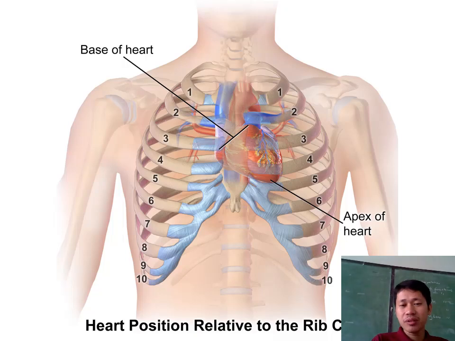This diagram shows the location of the heart. The base of the heart is there, and the apex of the heart is tilted slightly to the left side of our hip or left side of our chest. This is exactly the reason why, when we want to feel our heartbeat, we normally put the palm of our hand on the left side of the chest, because the heart is tilted toward it.